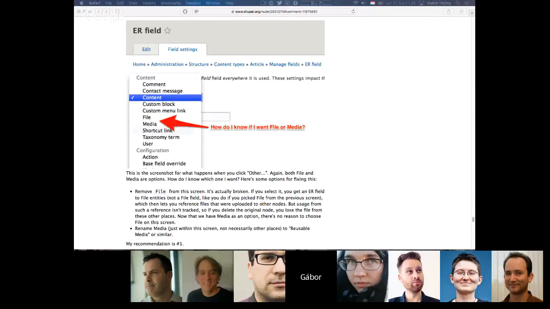But the difference is here, what you're referencing is the file. So if you have a node reference, one node referencing another node, node A references node B, and you delete node B, now when you visit node A, it's no longer linking to node B. Well, it has a broken link still. Yeah. But I think the difference in this case though is